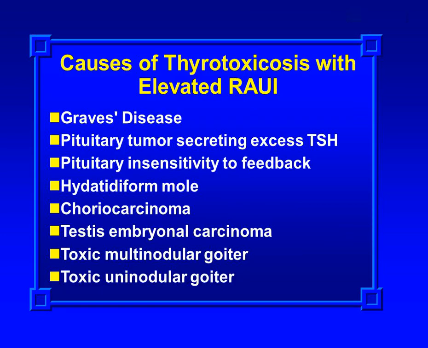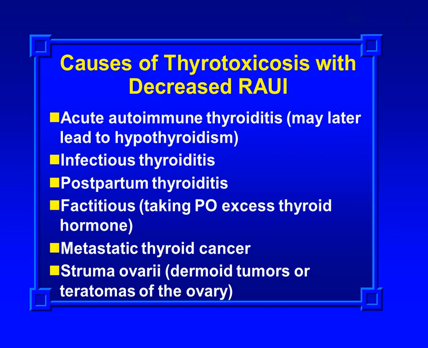Causes of thyrotoxicosis with elevated RAIU: Graves' disease, pituitary tumor secreting excess TSH, pituitary insensitivity to feedback, hydatidiform mole, choriocarcinoma, testis embryonal carcinoma, toxic multinodular goiter, toxic uninodular goiter. Causes of thyrotoxicosis with decreased RAIU: